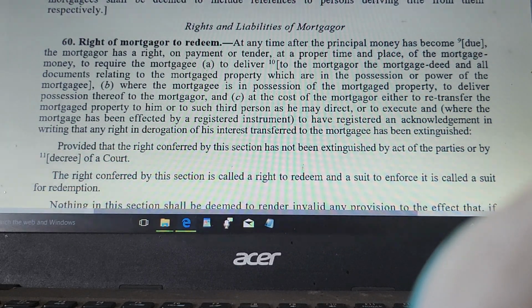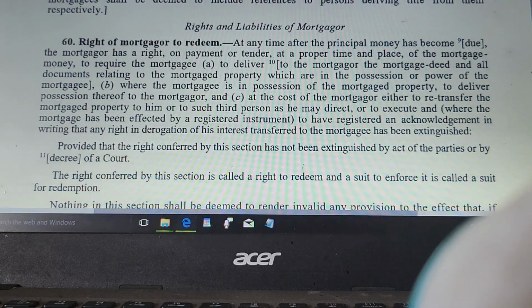At any time after the principal money has become due, the mortgagor has a right, on payment or tender at a proper time and place of the mortgage money, to require the mortgagee (a) to deliver to the mortgagor the mortgage deed and all documents relating to the mortgaged property which are in the possession or power of the mortgagee; (b) where the mortgagee is in possession of the mortgaged property, to deliver possession thereof to the mortgagor;